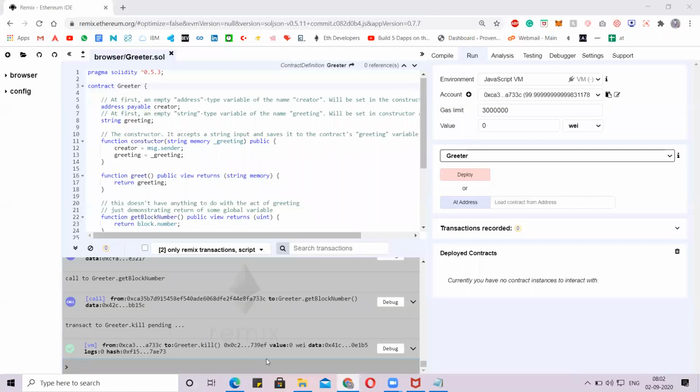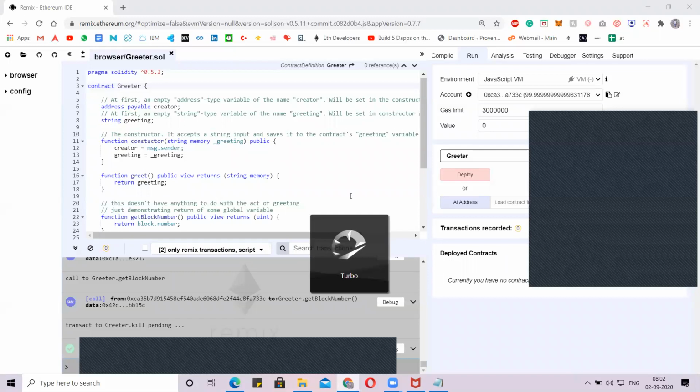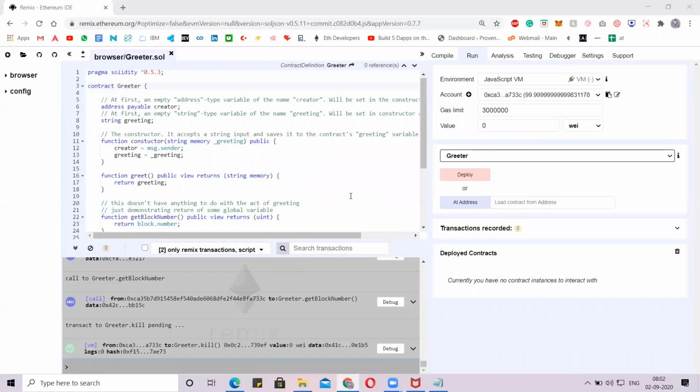Is everyone aware of the functionality of the smart contract? Cool.